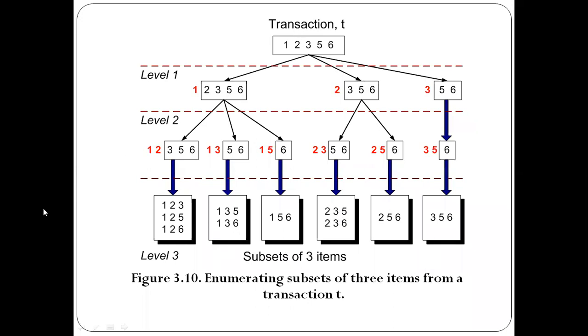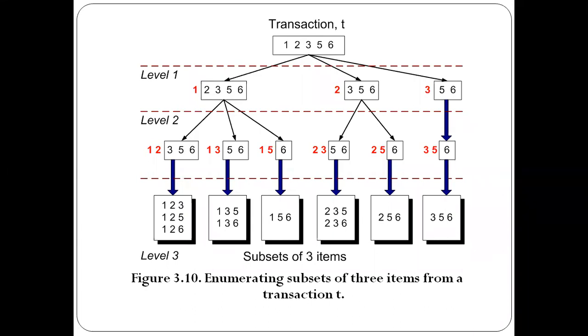Suppose if this candidate item set is present in the transaction, then its support count will be incremented. If it is not present in the transaction, then it will not be incremented. So here we will be reducing the number of comparisons, because we will be traversing the tree here. If that item set is present, then only we increment. Since we are comparing only with the subtree that contains the item set, the computational complexity is less compared to the method that we followed in the Apriori algorithm. So this is one of the effective methods, that is enumeration of the candidate item sets.